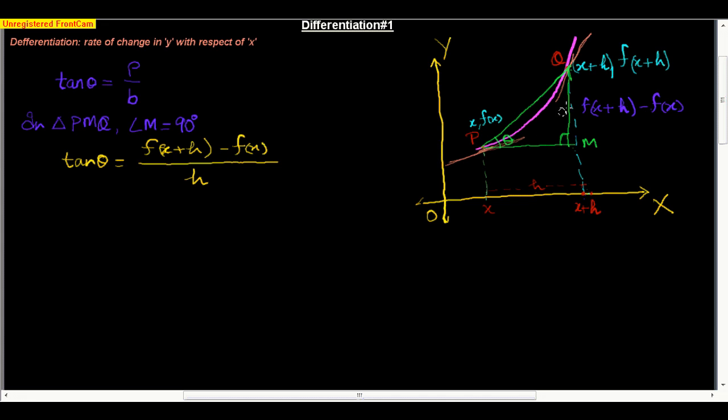But here we want Q to coincide with P, so h tends to 0,